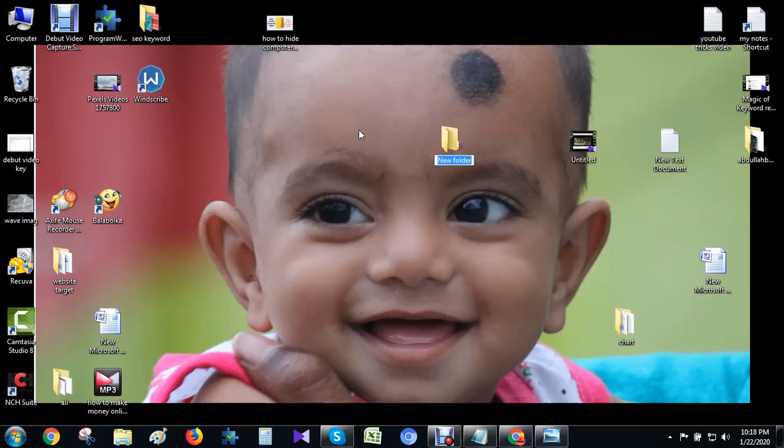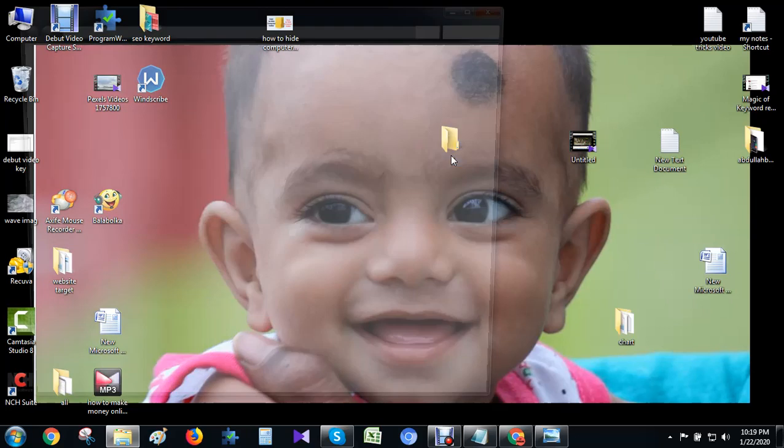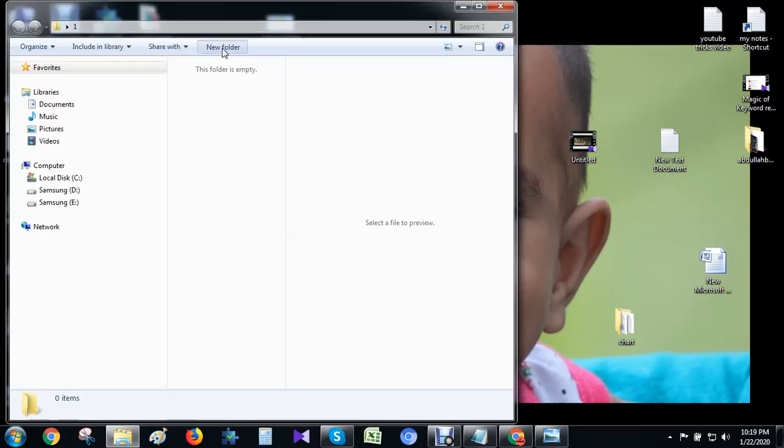as like me. This is number 1, and now I can create another folder in this area, number 2. As like me, I want to hide this folder because I don't want to share it, I don't want anyone to see this folder. If someone browses my computer or uses my computer, so what you do, first you need to